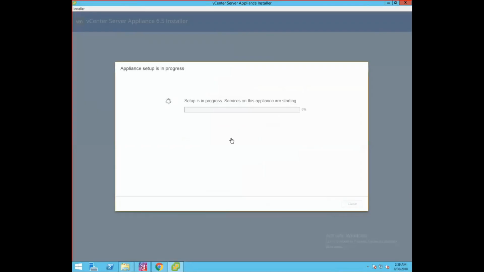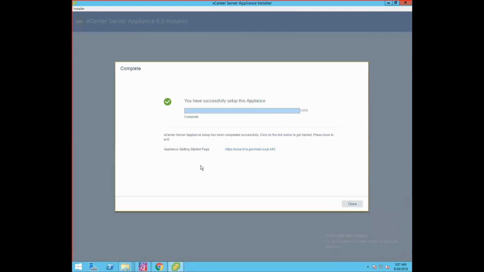And now, as you could see, stage 2 of the vCenter Server Appliance deployment has started. In this particular stage, all of the required services on this appliance will be starting. As you could see, at this stage of installation it is starting VMware Single Sign-On, and now it is starting the component manager service. So let's wait a few minutes for all the services to start. Now, stage 2 of our vCenter Server Appliance setup is also completed successfully.